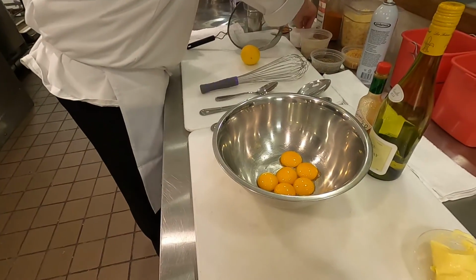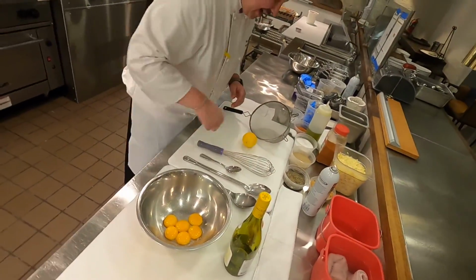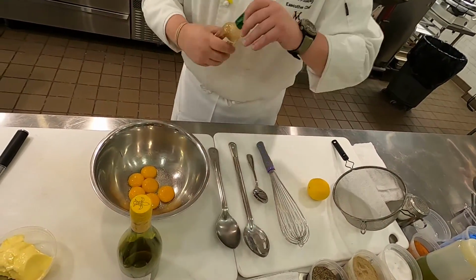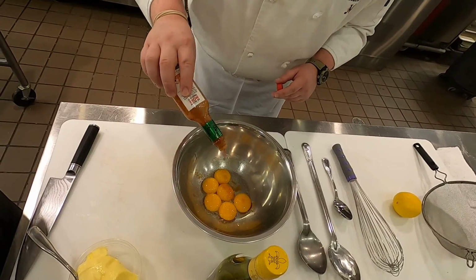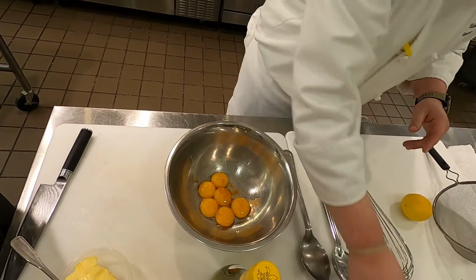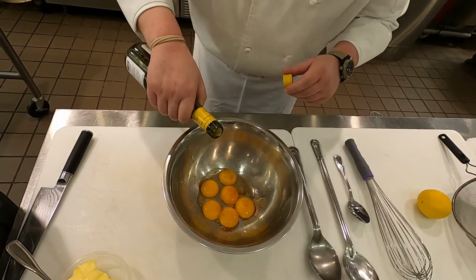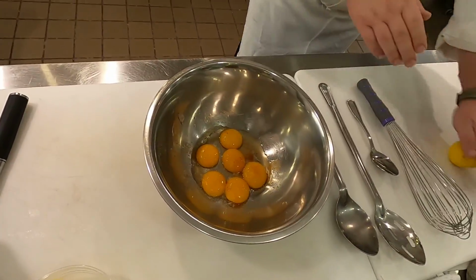So we will start off with just a little bit of kosher salt. And for this application, you do want to use ground white pepper because you're not trying to change the color of the sauce. Add a little bit of Tabasco. A little bit of white wine. Maybe just a little more. The juice of 1 lemon,